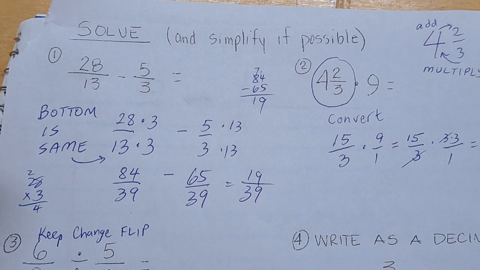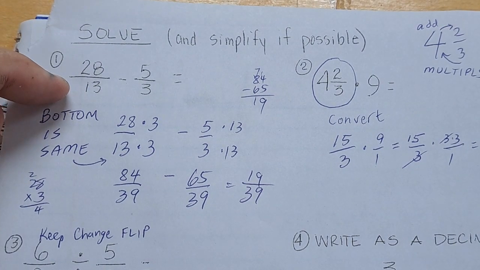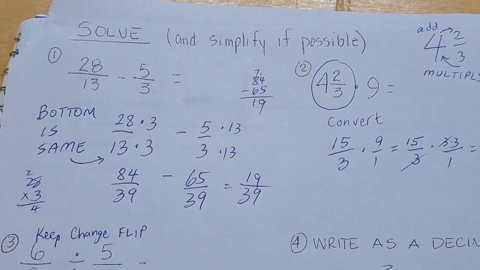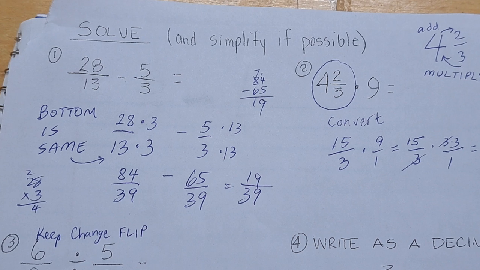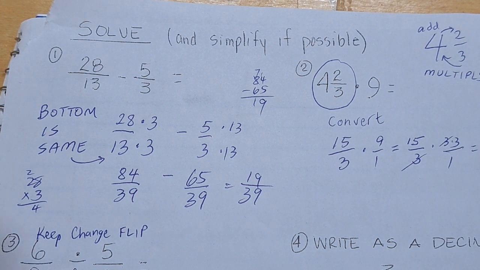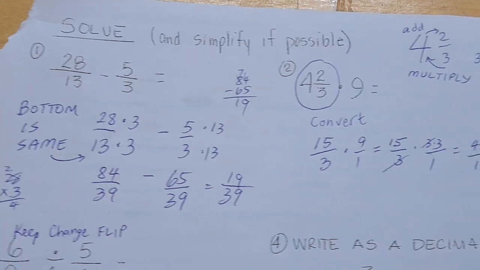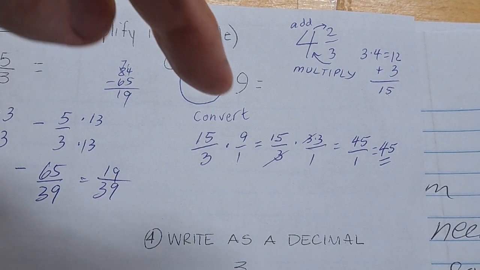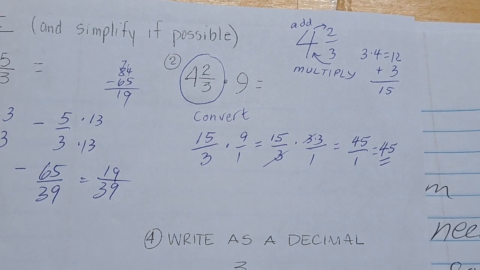Okay. When there's a fraction, you have to have the same bottom number. That's what you see here as the operation. And I hope that is clear. Let's go over here. And when you have a mixed number up there, like 4 with a fraction, then you